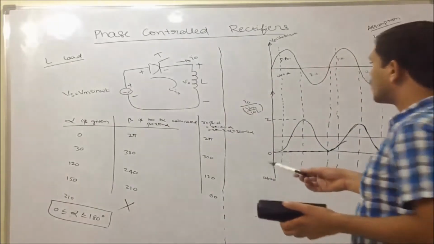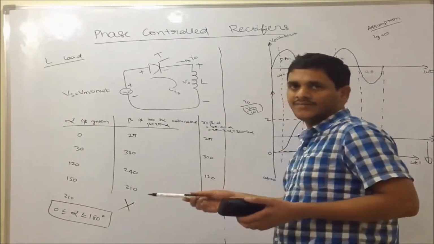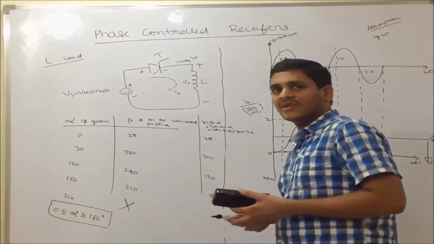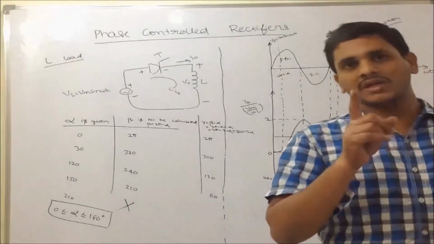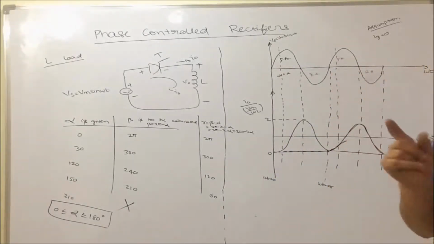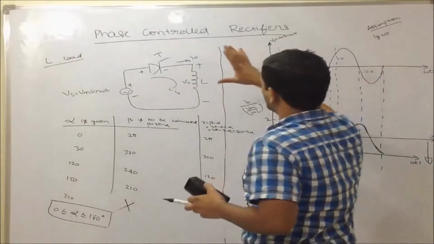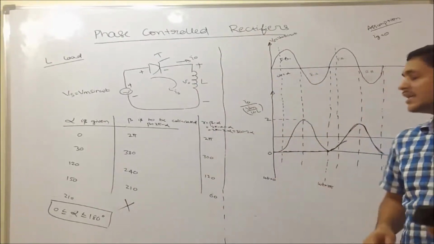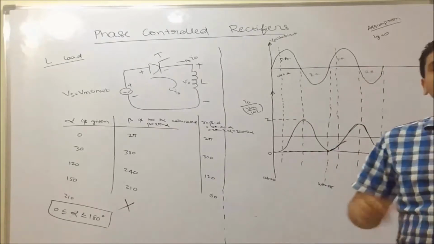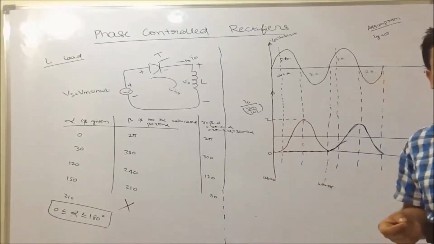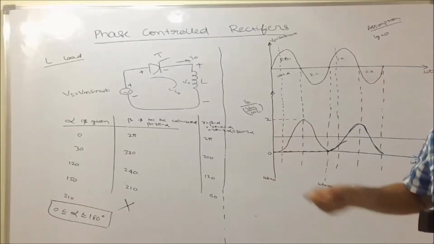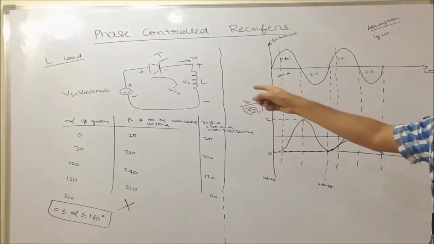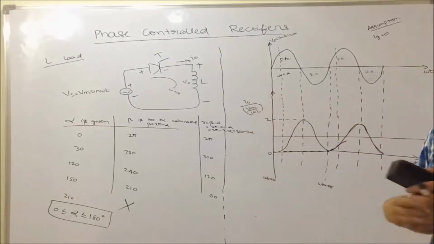Already we have calculated it through integration. We have taken V naught from alpha to 2 pi minus alpha, and when we integrated, we got 0. So that is the second way. The first way is directly that the average voltage across the inductor is 0. The second method is to take V naught, the instantaneous output voltage, and integrate it over the 2 pi interval. Then also you get V naught DC is 0.